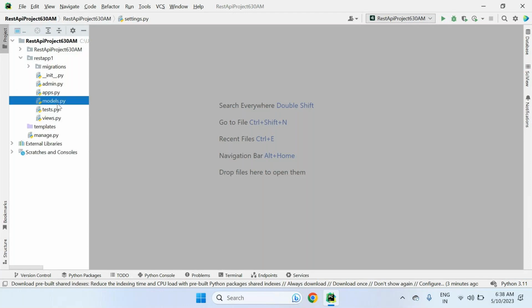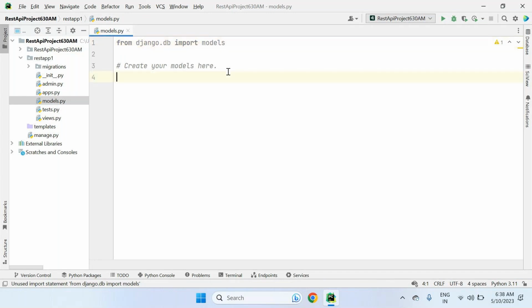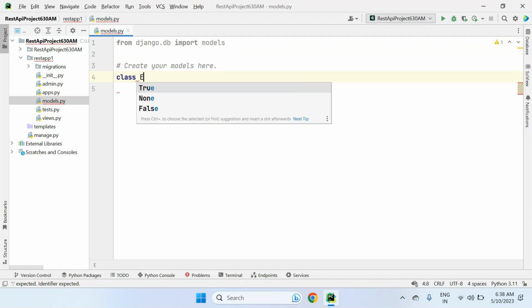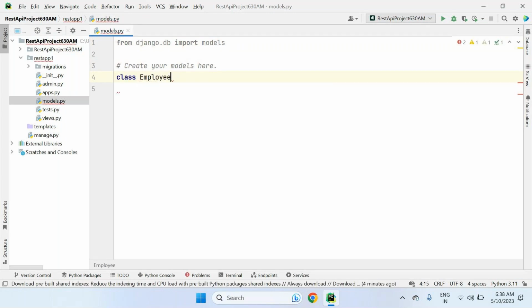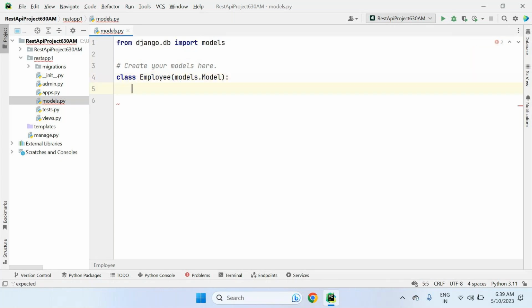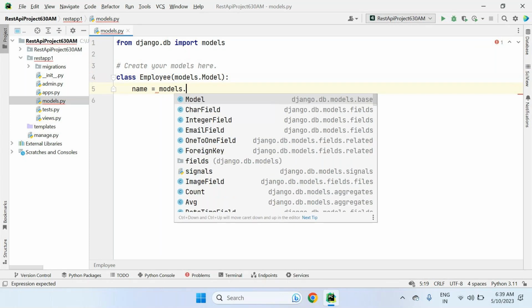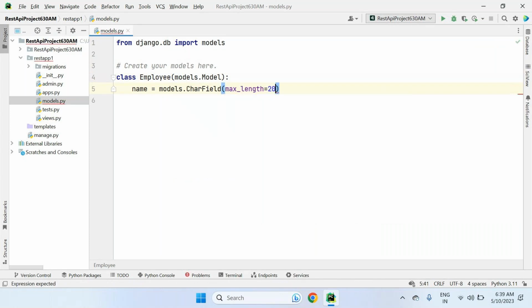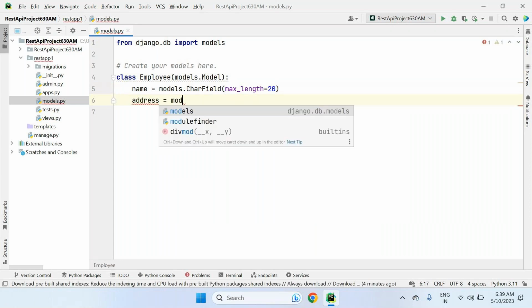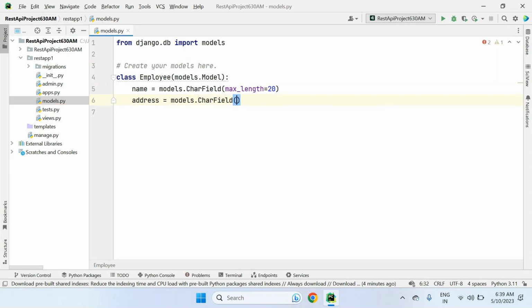You know how to prepare models. So let me create a model here. Any model you can take. I'm just creating a simple model, the Employee model. This Employee model is generated from models.Model. So the model fields I'm taking: name, models.CharField, max_length equals 20; address, models.CharField, max_length equals 30; mail,